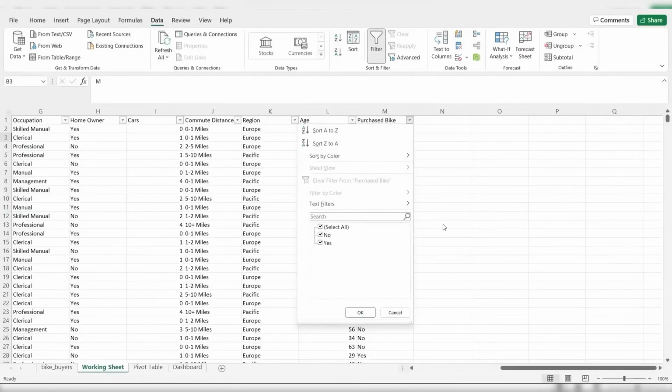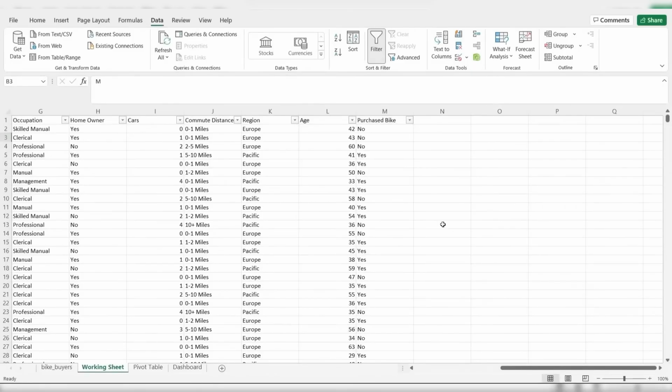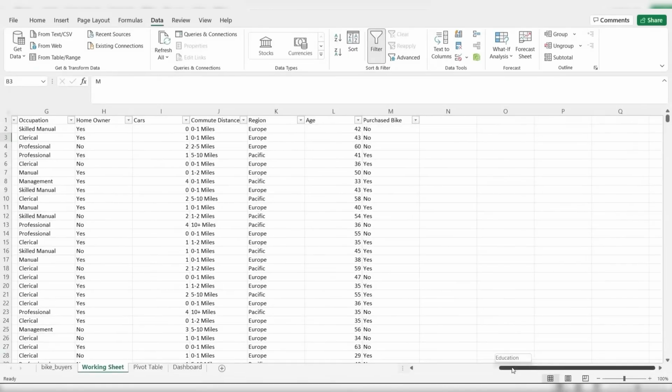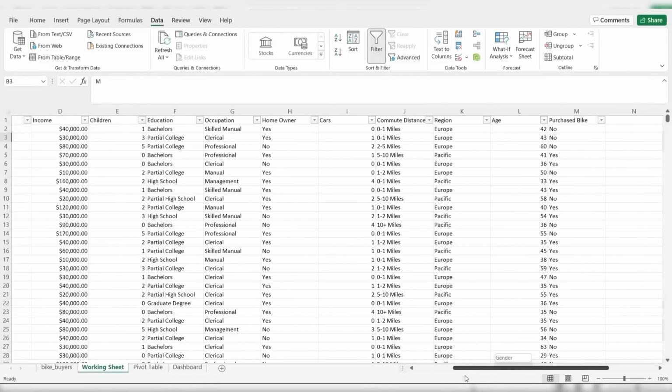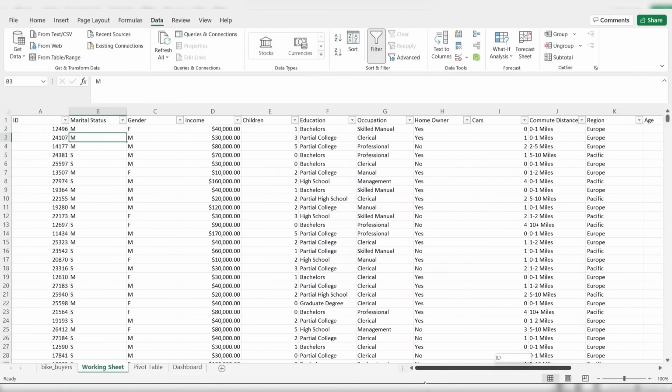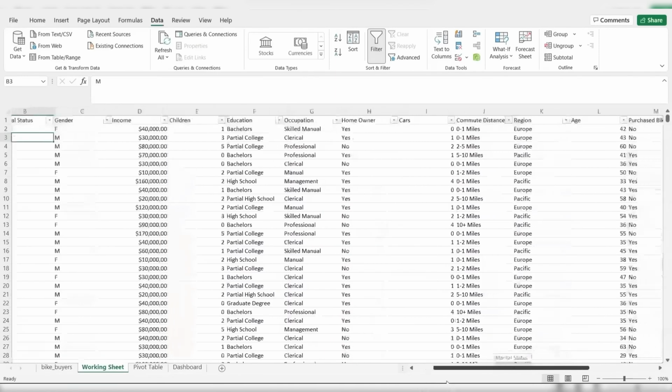So we got their information. They're looking for a bike, but they either decided not to buy a bike or they did buy a bike. And we're going to be using that one a lot in this video. And so, this is basically the data set that we're working with, some of the demographics and information behind the